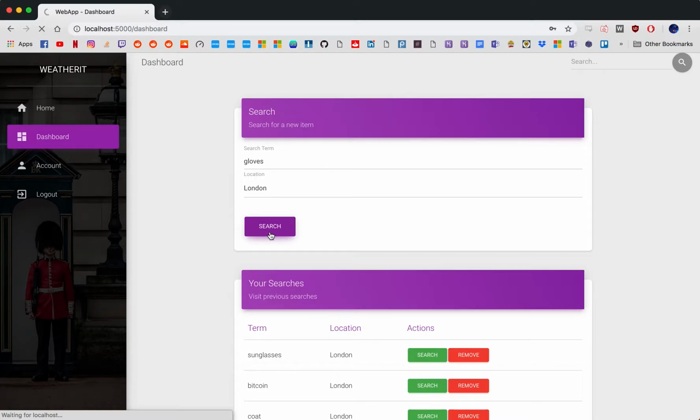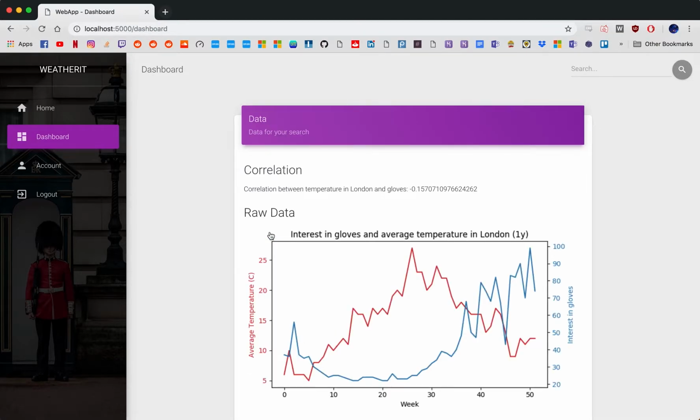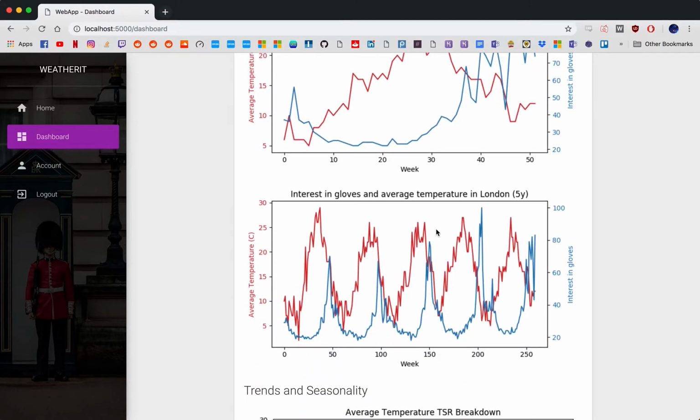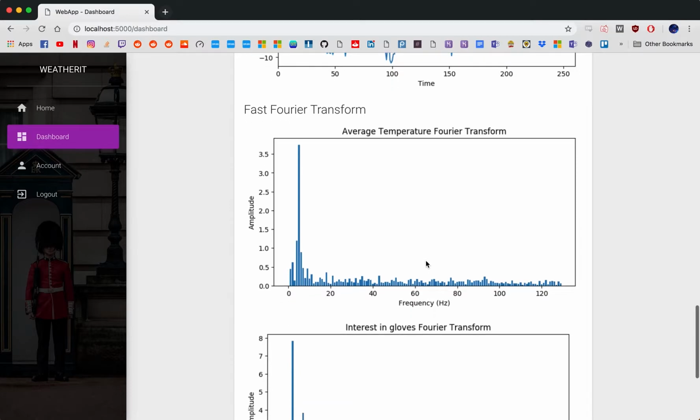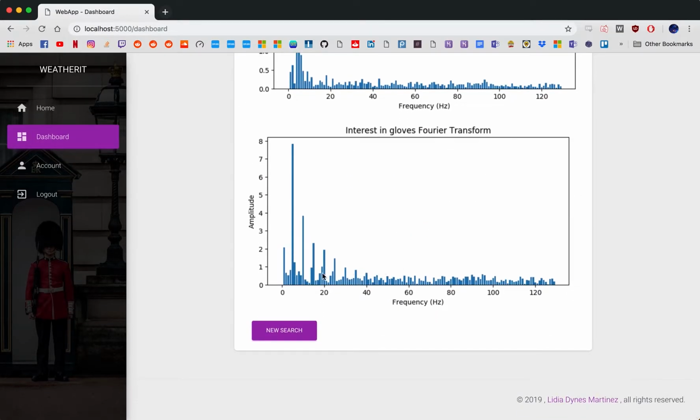So here it's creating graphs for that particular data. So as you can see, this is all automatic. It gives you a very good native correlation with the temperature, which is to be expected, because if it's colder or if it's hotter even, then there will be less interest in gloves. Got the raw data for 1 and 5 years, trends, seasonality, Fourier transform,